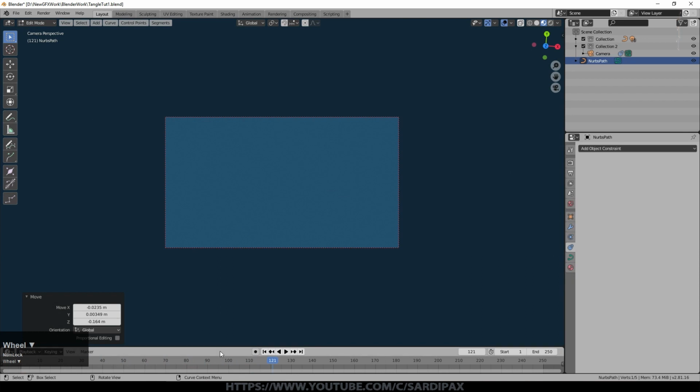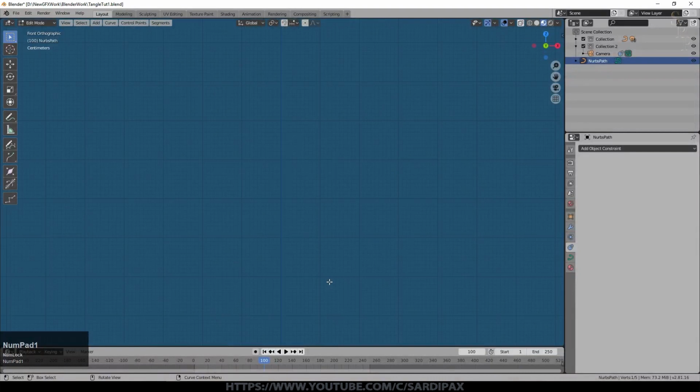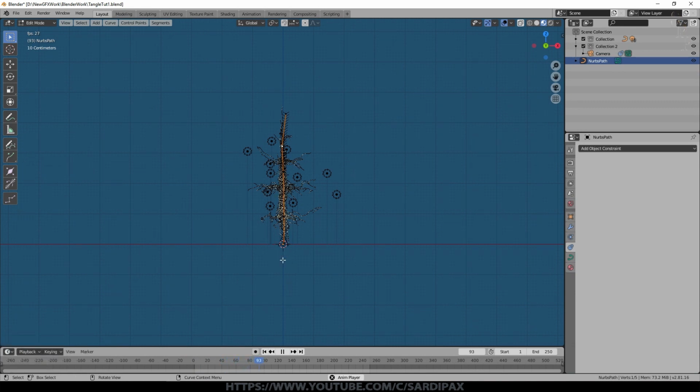So one of the things you may notice, I've got the usual default 250 frames across here, but by the time we get to frame 100, everything's stopped. In fact, the camera's movement has stopped by that point. So if we go back to the beginning and press play, you can see the camera moves down very quickly and we get to frame 100 and it's finished. It's likely that that's not exactly what we want.